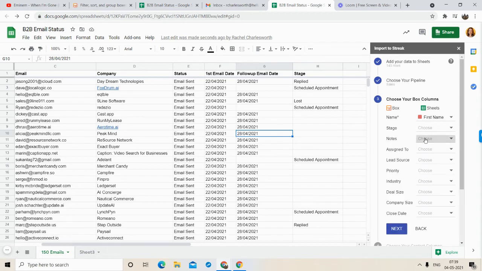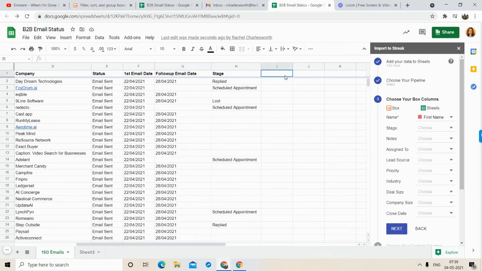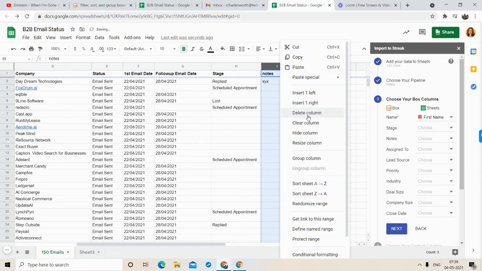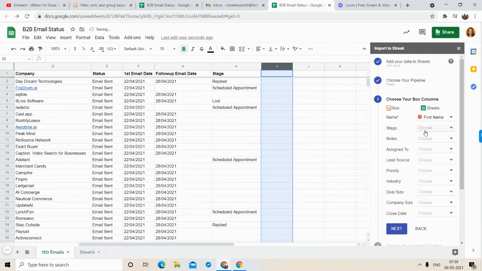Now notes. If you had a notes column here, with any notes, you can always import these notes into your CRM, right? For now, I do not have any notes, so I will not import it.